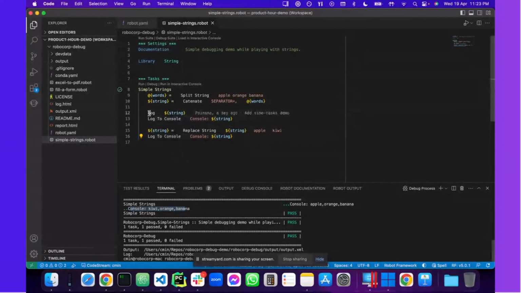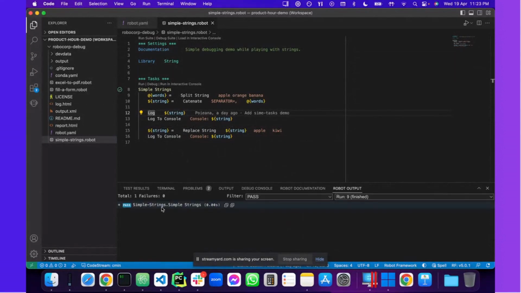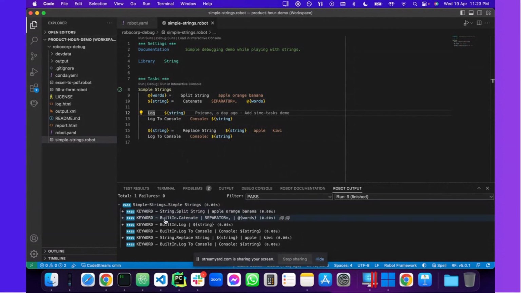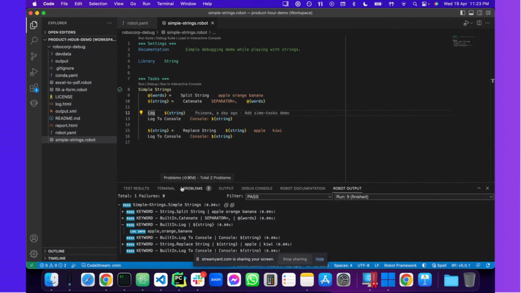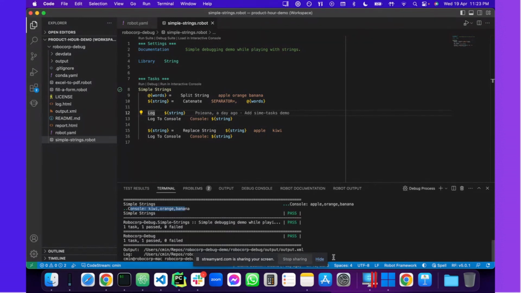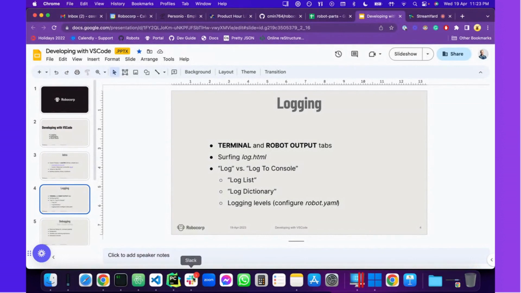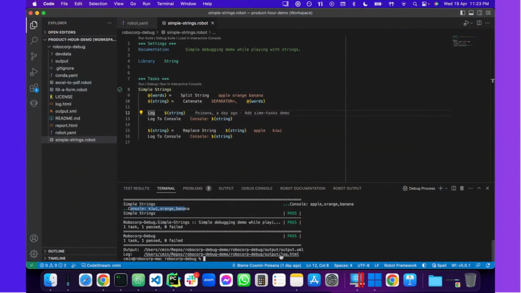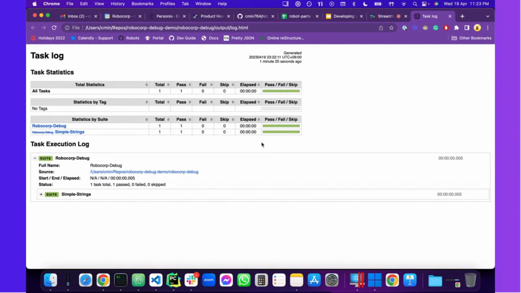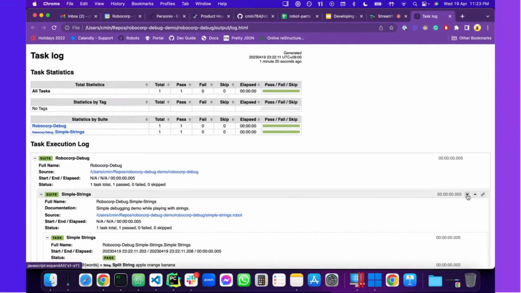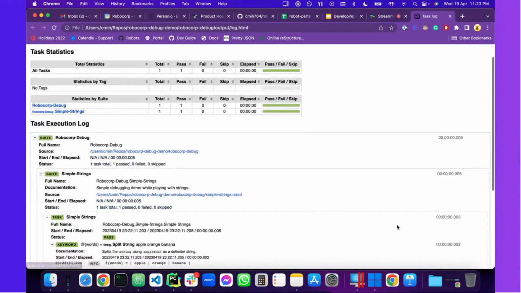Then you see the logs. These are displayed here in the robot output. So as long as the robot runs, you will see all of the keyword calls appearing one by one, especially these logs, the one that logs that string in our example. And this is the same, and more nicely formatted, if I click here in VS Code on this log HTML link, which opens the log file, explaining to you what happened in the bot run. If you click this little arrow here, it will expand everything.